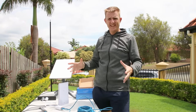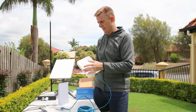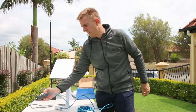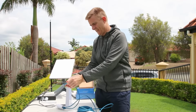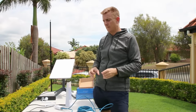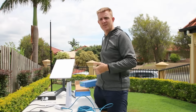So we want to extend this beyond just using one access point. The issue that we have is the Starlink router has no Ethernet port, and our Ethernet adapter that we've purchased only has one port on it as well. So what we need to do now is introduce a switch into the setup to give us multiple network ports. In this instance, we're going to use a Ruijie